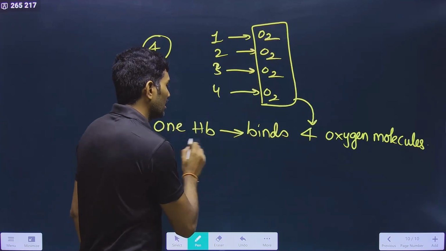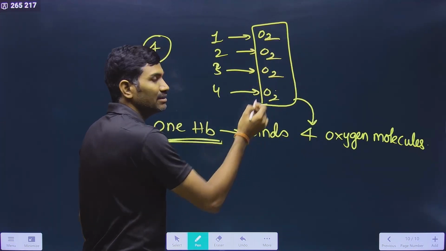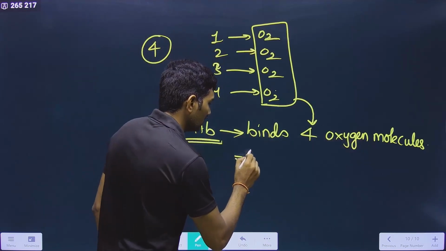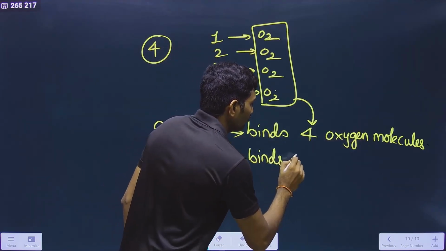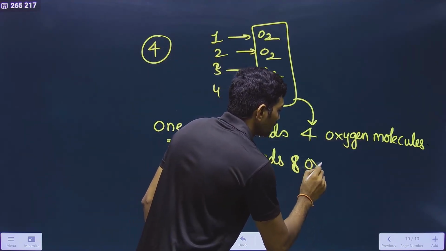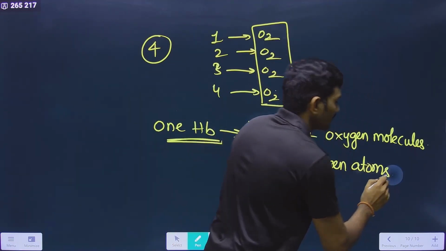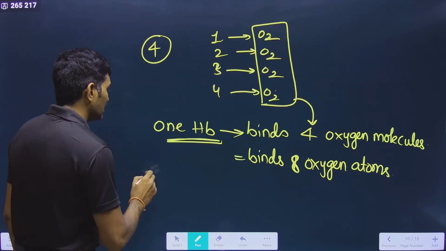So that's why one hemoglobin is overall binding with 4 oxygen molecules. That means it binds with 8 oxygen atoms. Understood or not? That is the reason why generally how we will write